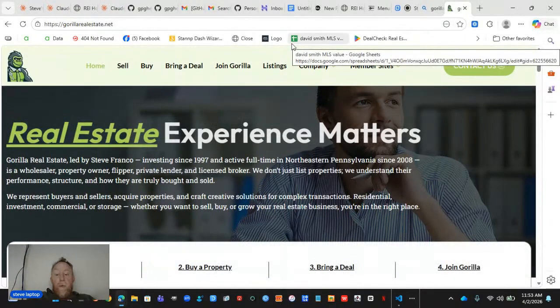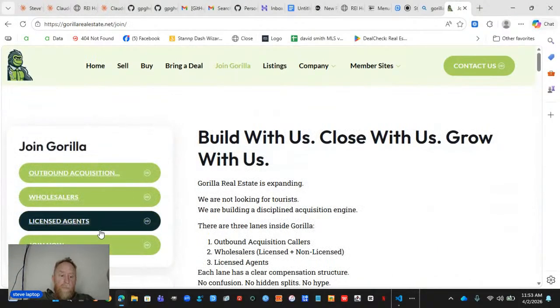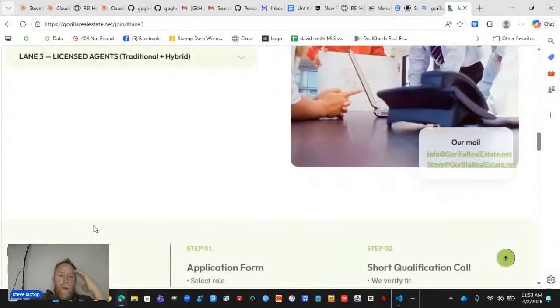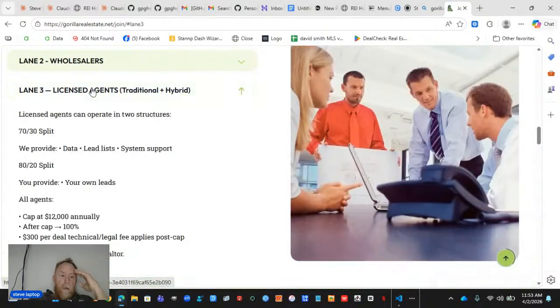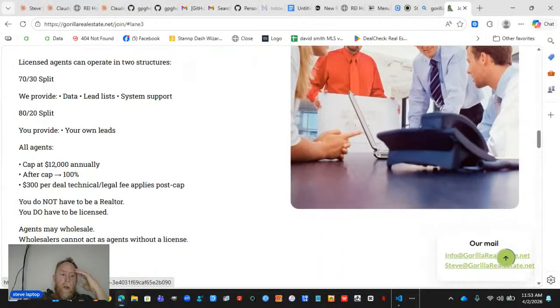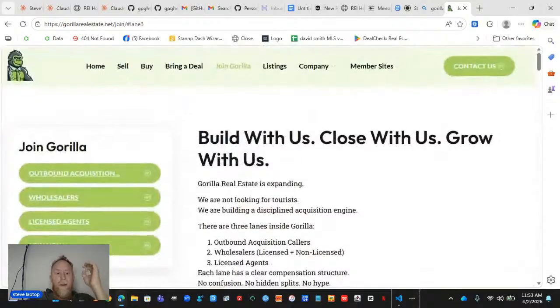We've redesigned our website. There's a lot going on on our website, but I wanted to talk about the Join Guerrilla section specifically and what we're offering to licensed agents. We have a new version of this. It's actually getting updated. It was 70/30 and 80/20, but what we're offering now is even better. If you are a licensed agent and you are joining our team,